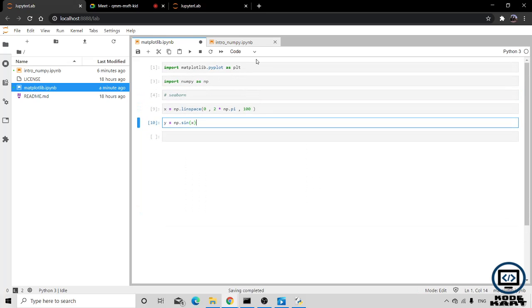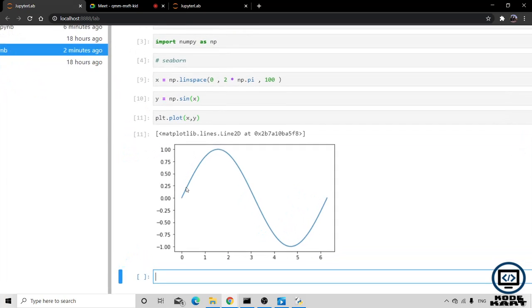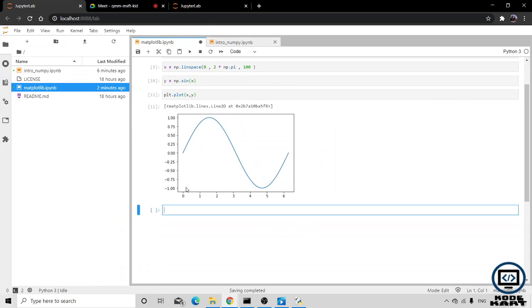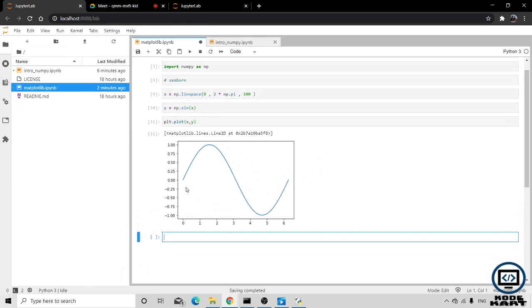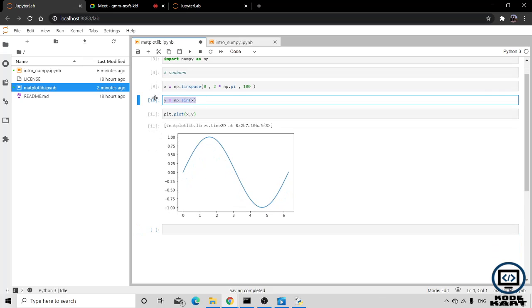Now I have imported matplotlib as plt, and I want to plot it: plt.plot(x, y). So here is how it looks. This is a sine graph that we have simply generated with these three lines of code. With the help of linspace we generated dummy data, and this is how the sine graph will look. You can generate a cos graph also.